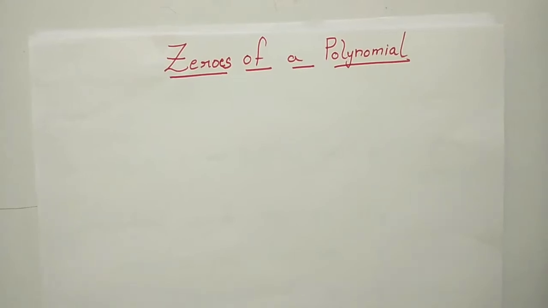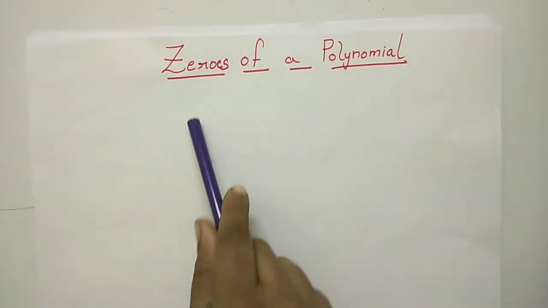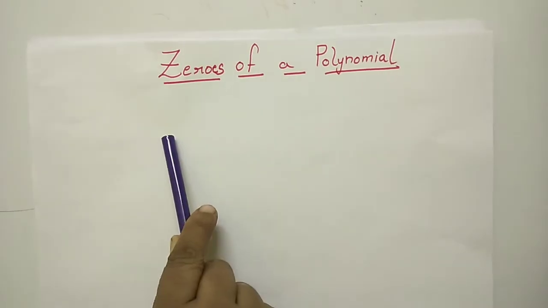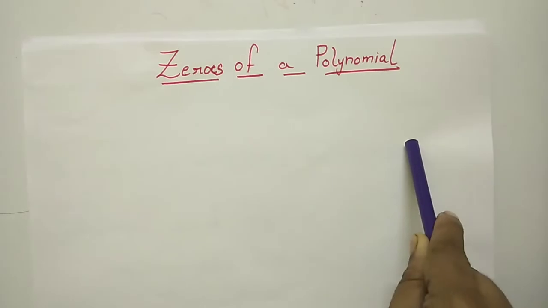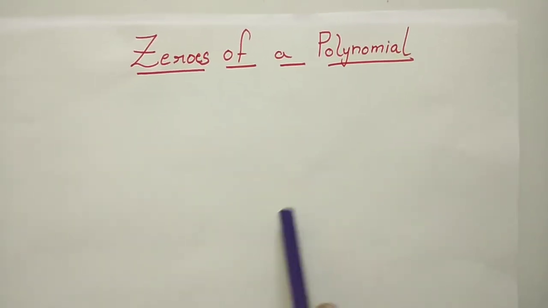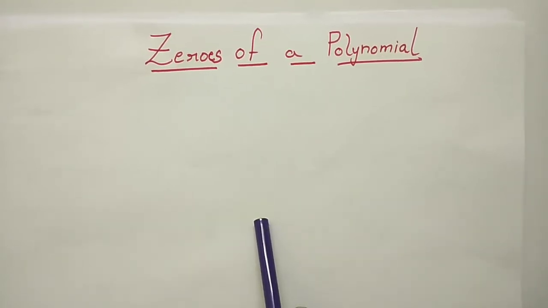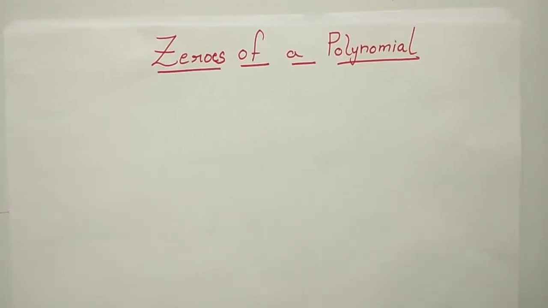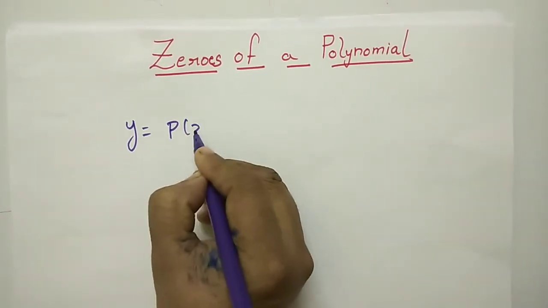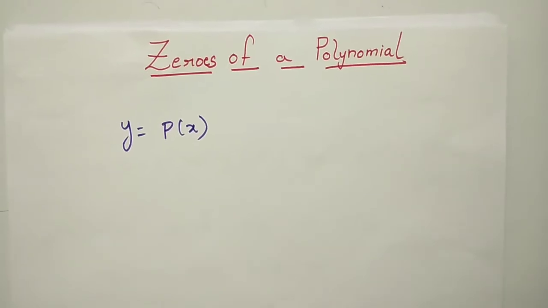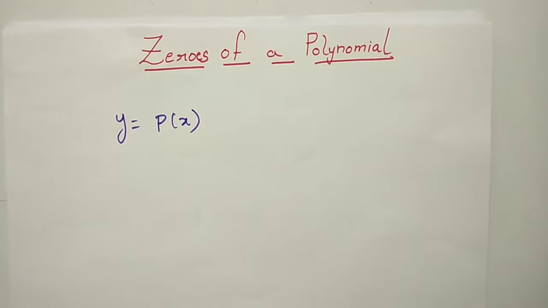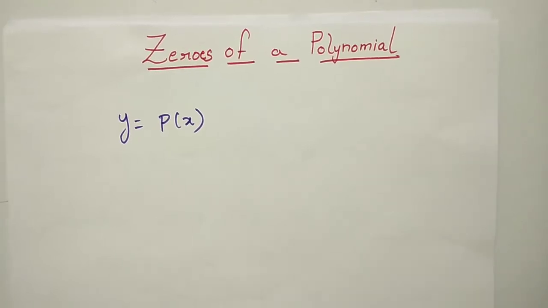In this video, I am going to explain what is a zero of a polynomial, how many zeros there will be for a polynomial, and at which point the polynomial will have a zero. For this concept, we must have some basic idea of the graph of a polynomial. Let the graphs be plotted taking y equal to p of x. To answer the questions what, where and how many running in our minds.